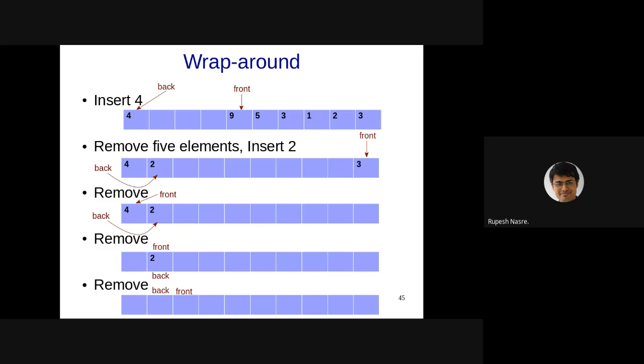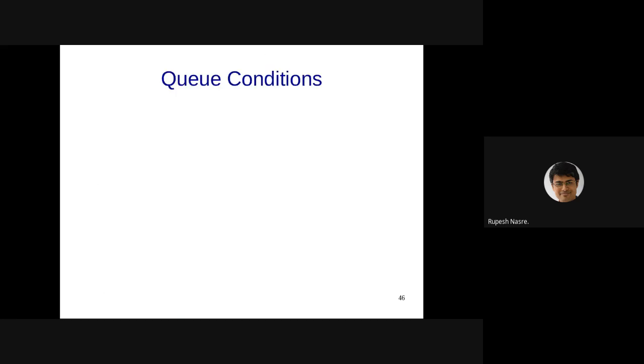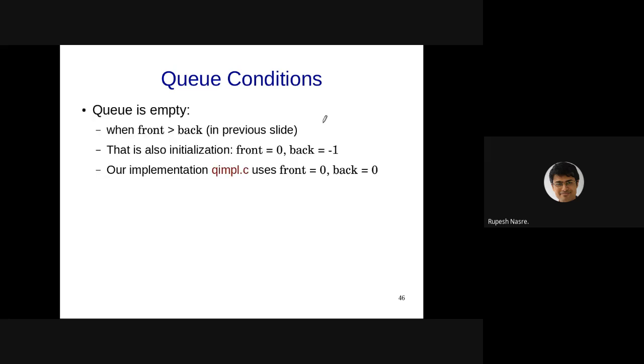Okay, I'm assuming that everybody is with me, and that we need to take care of that in the other implementation, which we will look at after we go through the slides. So if the queue is empty, similar to what Shania had written, front is greater than back, right? So as we had on the previous slide, we'll have to have front equal to 0 and back equal to, let's say, -1, but essentially that means